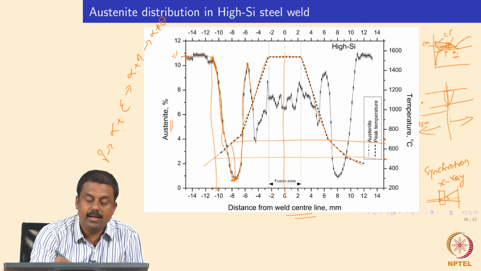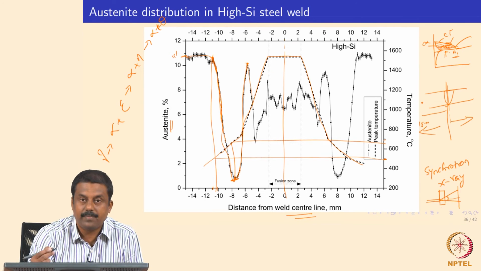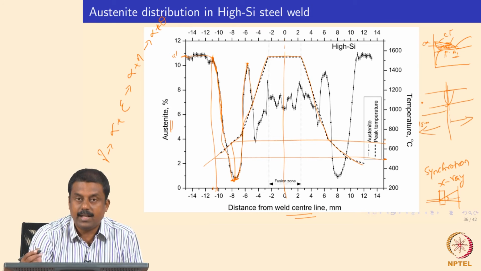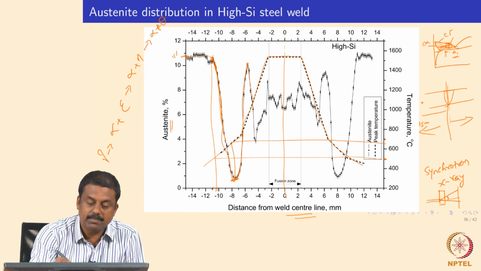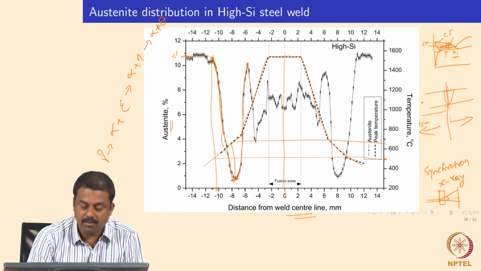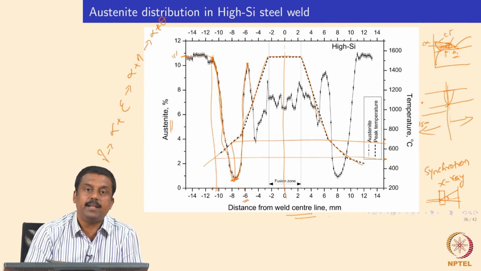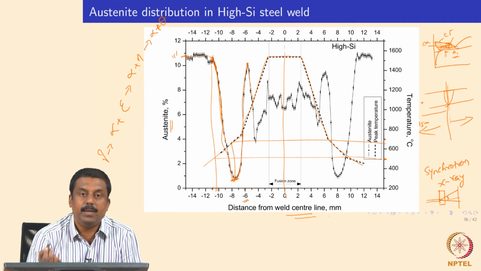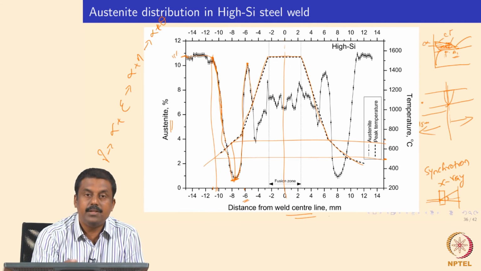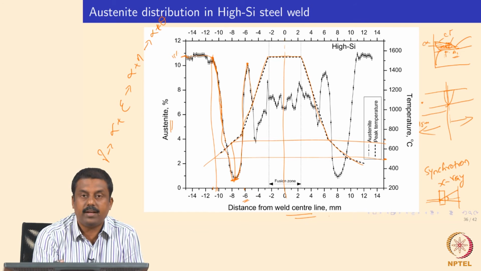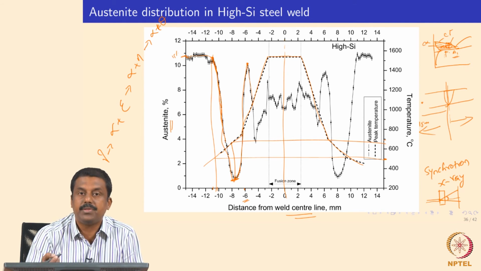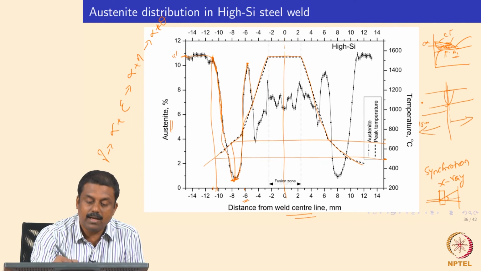austenite, which can lead to maximum stabilization due to the intercritical annealing, right, where two phases are coexisting. So you will reach the maximum temperature, maximum volume fraction at this location, which is roughly around 6 mm from the weld center line, and this can change. Suppose you are heating up very fast, in laser beam welding for example, then this region would change, it will shrink, the entire region. Again, the temperature gradients are much different, but it will have a similar pattern.